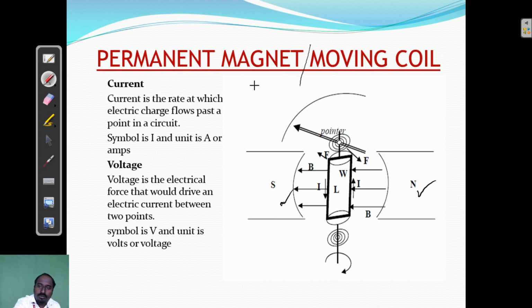Then the meter can be divided into 2 parts, the permanent magnet and the moving coil. So where is the moving coil? Here is the moving coil. I am indicating it as MC. Since it contains a permanent magnet setup and a moving coil setup, it is called a permanent magnet moving coil type meter. The moving coil is placed in the field of a permanent magnet, so it is named a permanent magnet moving coil type meter. We can come back to the slide again.